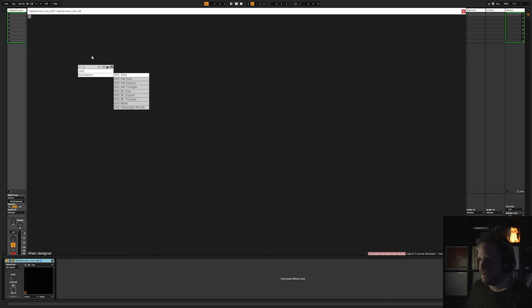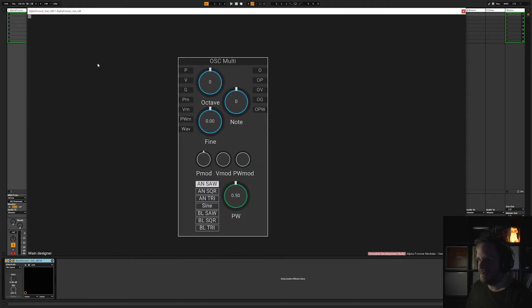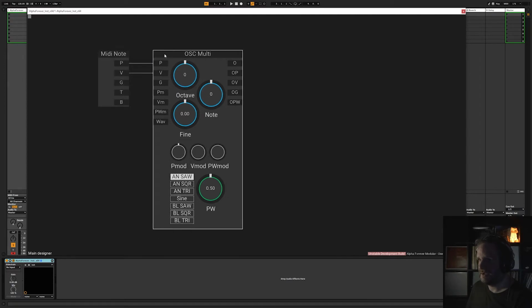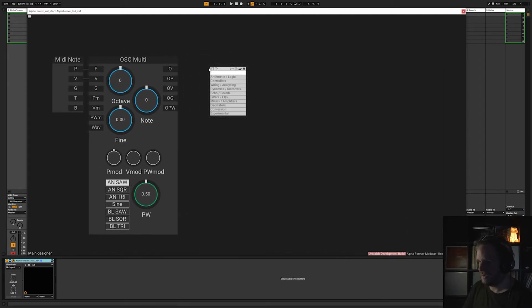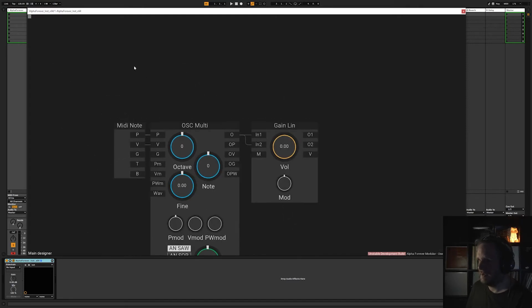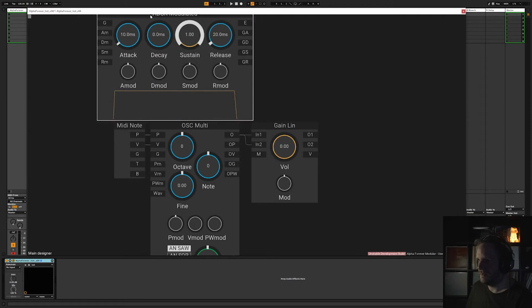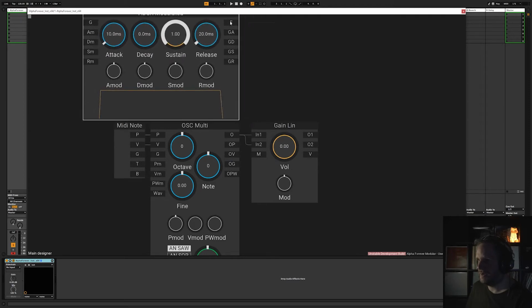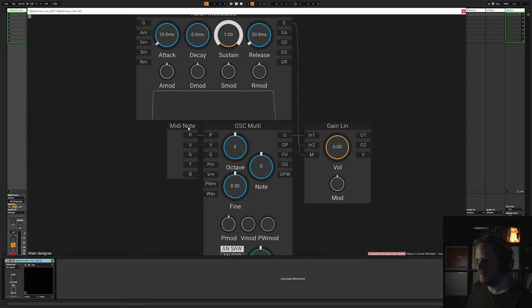So let me start by creating an oscillator, a MIDI note, like these guys, the way they should be, and yeah, gain will do the job. I think that's something that looks nice. And then an ADSR for modulating the volume, like this, gate there,